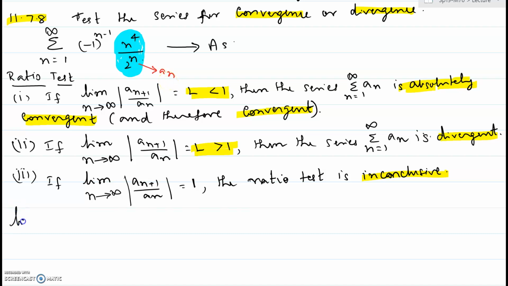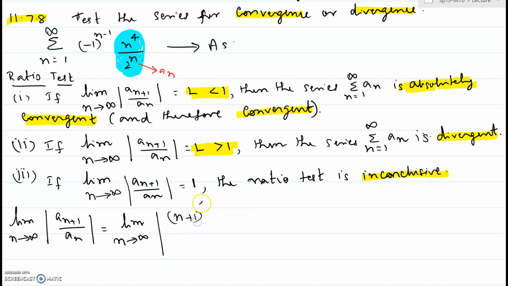So limit as n approaching infinity, an plus 1 will be obtained from an by changing the n to n plus 1. So we get n plus 1 to the power of 4 over 2 to the power n